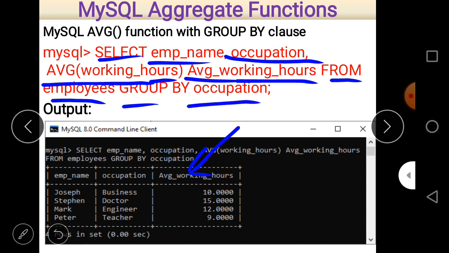We use the keyword group by, and we make a group on the basis of occupation. Occupation is the name of the column. So the group is formed on the basis of occupation, and there are four different occupations, and the average regarding the working hours for each occupation is to be calculated here. You can see here, so this is the description of the average function with the group by clause.